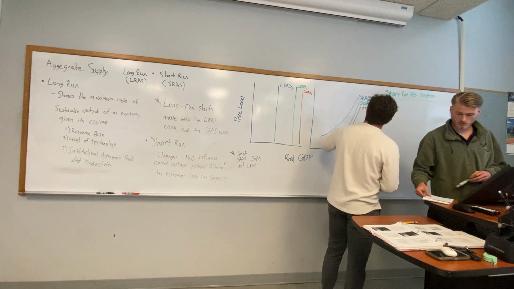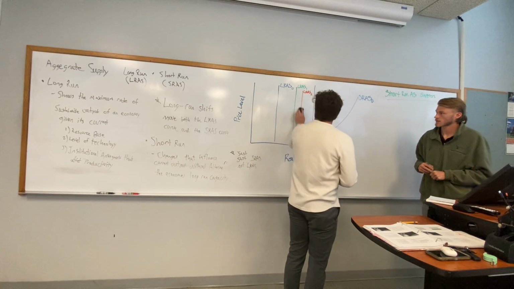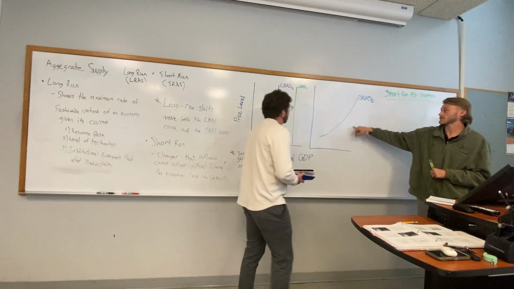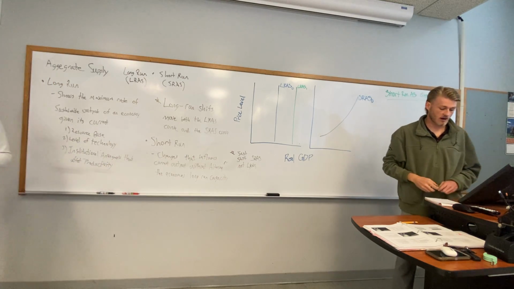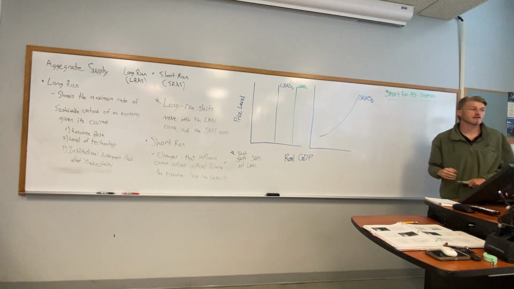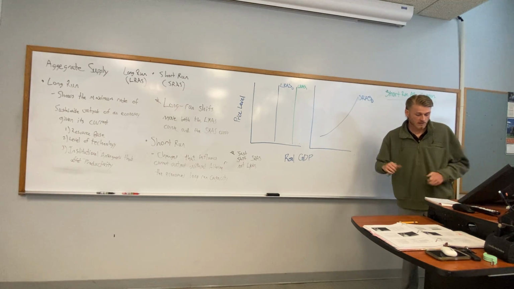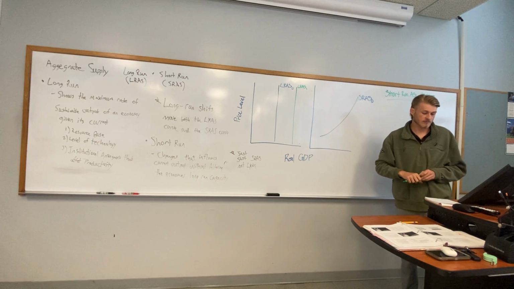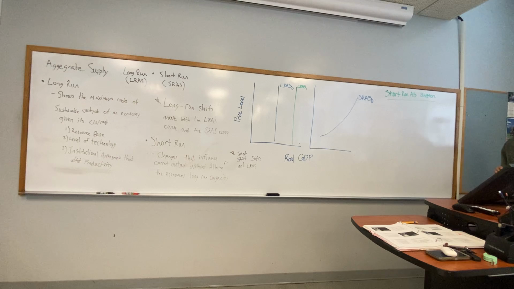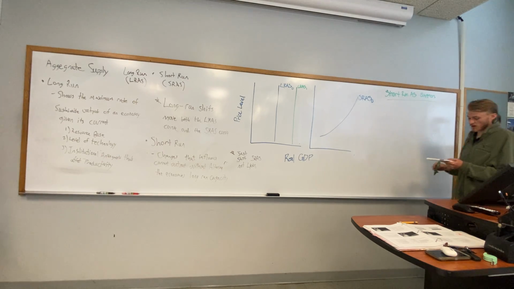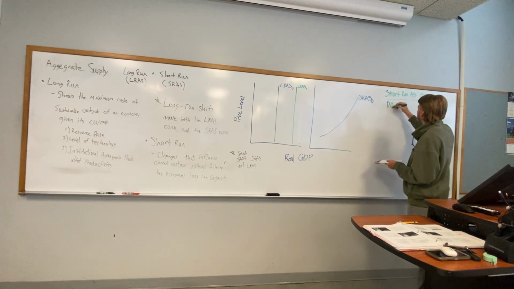I'll take these back to normal so we can redraw our graphs for short run. And the reason why I was also adding with the short run was because, like you said, if the long run aggregate supply is getting shifted, then the short run aggregate supply is also getting shifted. Exactly. To repeat what he said, this is a major point that the short run shift does not change the long run. So our first shifter we have is change in resource prices.